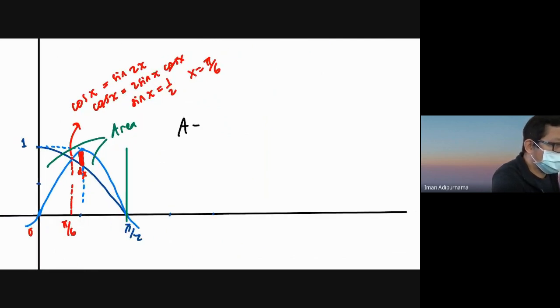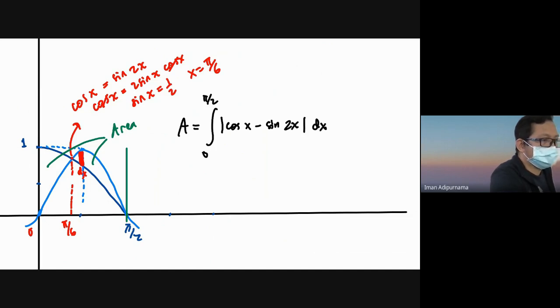So area will be equal, first, we can write in total with this statement, okay, and then we can separate this, becomes,